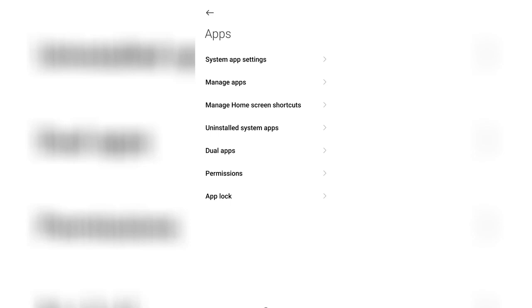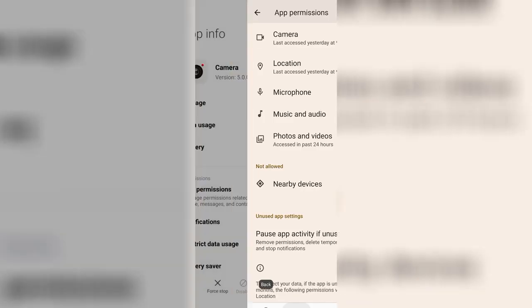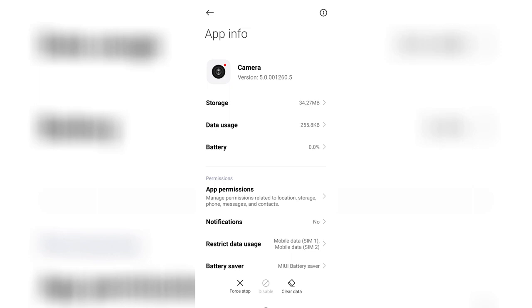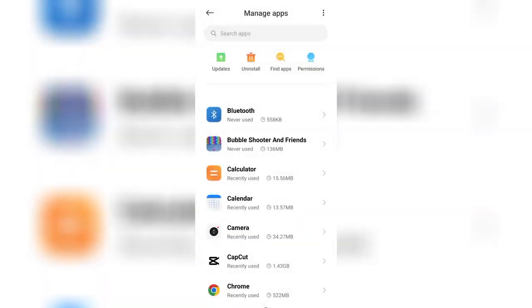So you can also check the camera permissions. Check if camera permission is enabled for the flashlight to function properly. Just note that the steps to fix a flashlight not working issue may vary depending on your Android device and version. It's also important to regularly monitor your device storage and delete unwanted files to prevent this issue from happening